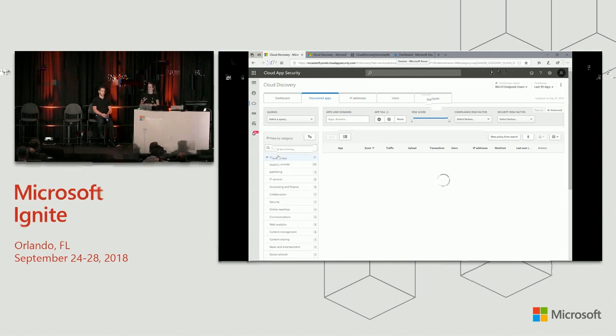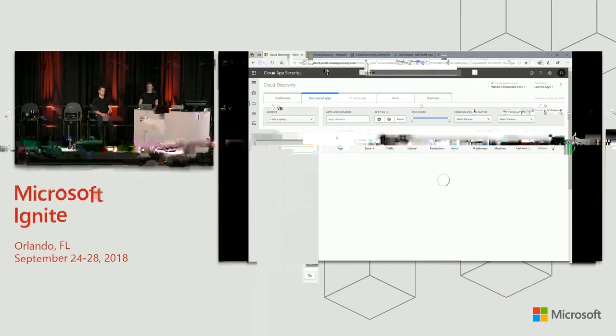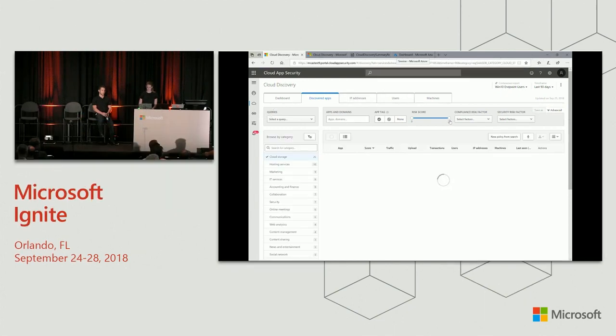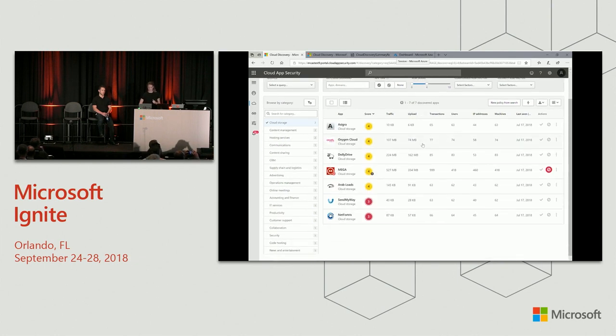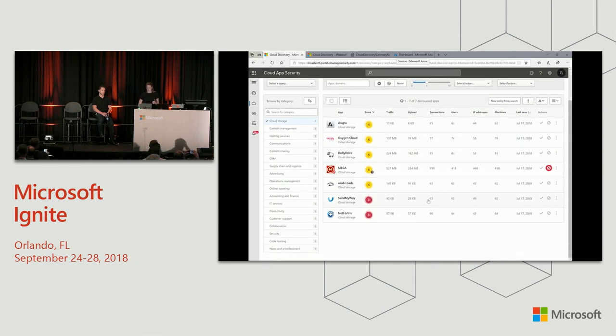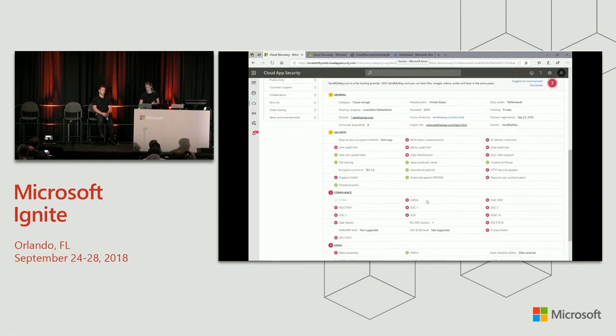Here, what I see on this next screen, once that loads, are all of the apps that were discovered and that fall within that category. And what you're probably most interested in are the apps that are considered risky. So at the top bar, you have an associated risk score that we have here, which I'm going to set to 4, to give you an idea of the apps that are considered more risky. So the good thing is that for each app that we have here, we have a set of risk factors that we have already done the work for you and analyzed against.